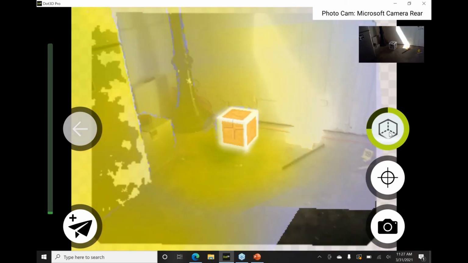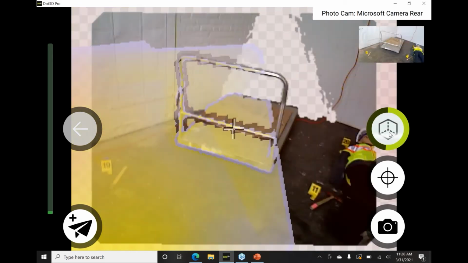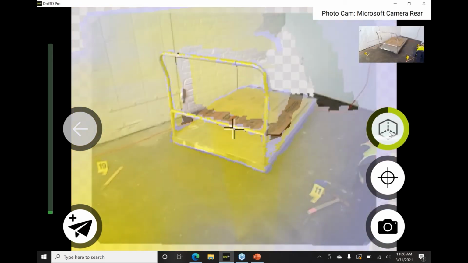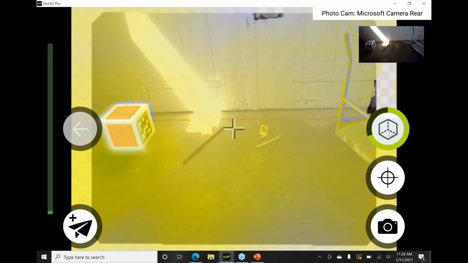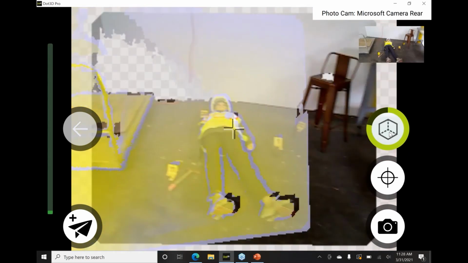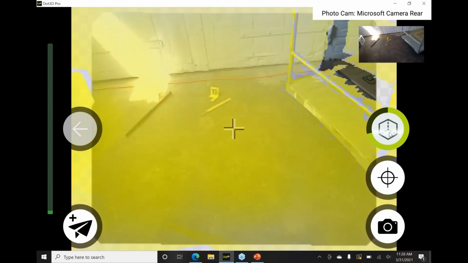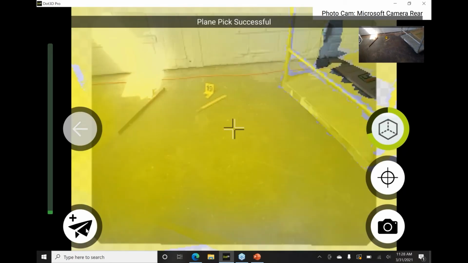We have a few different buttons at our disposal while scanning. The bottom left button is called our plane picking constraint, or parallel planes option. This is something that you pretty much would only use in an indoor environment where you trust the floor and walls as being flat, level, and parallel or perpendicular to each other. And it's a nice feature that just automatically gets applied during the optimization if you recognize any level surfaces in